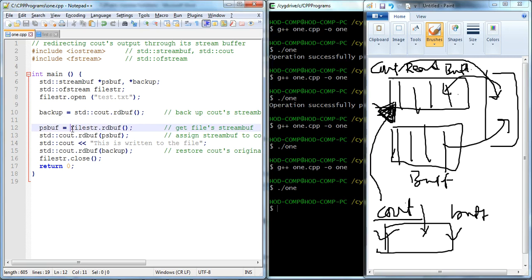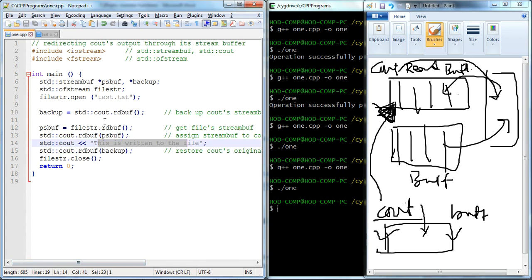Then we again copy this file stream pointer with rdbuf into the ps buffer, right? The backup contains the original pointer, and this contains the file pointer. Now in cout.rdbuf, we copy the ps buffer into cout, and when we cout this content, it copies this content into the file, right?